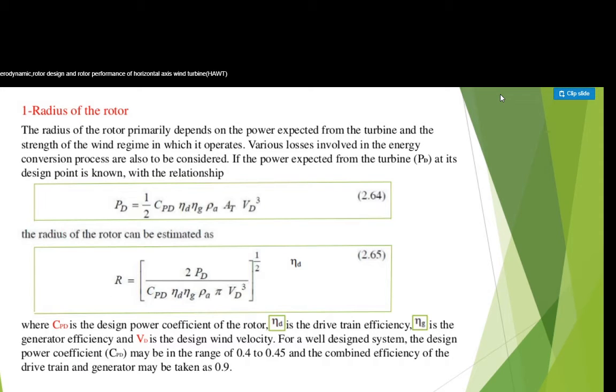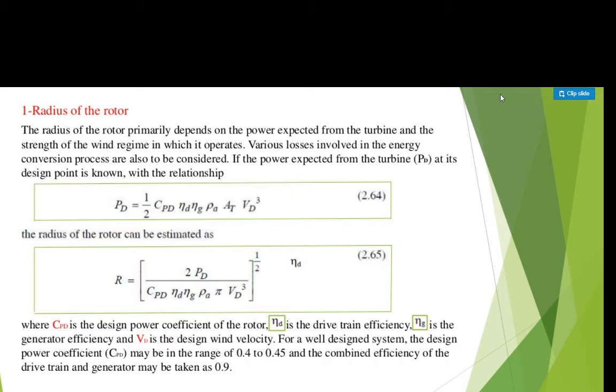Radius of the rotor. The radius of the rotor primarily depends on the power extracted from the turbine and the strength of the wind region in which it operates. Various losses involved in the energy conversion process are also to be considered. If the power expected from the turbine at its design point is known with the relationship Pt = 1/2 Cpd ηd ηg ρ A Vd³, the radius of the rotor can be estimated as